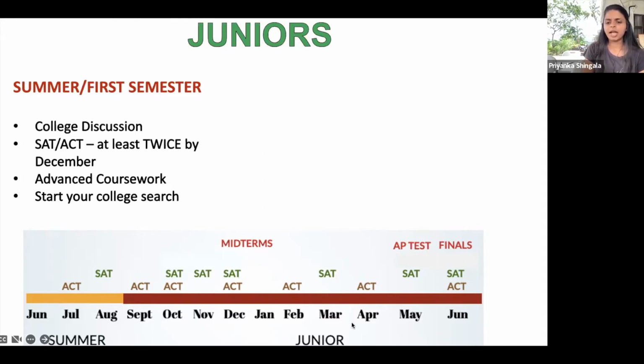Spring semester, April hits, you end up with your spring break. A lot of families do college tours then. And like I said, at Barlow, junior year is the first time you can take AP classes. Well, AP exams are the first 2 weeks of May. Your SAT is the first Saturday of May. So starting roughly end of March all through April, including spring break time, you're going to have conflict for study time. You're going to want to study for your AP exams, but you also have your SAT coming up. You also have college tours happening. There's too much to manage in second semester. So one less thing is better.